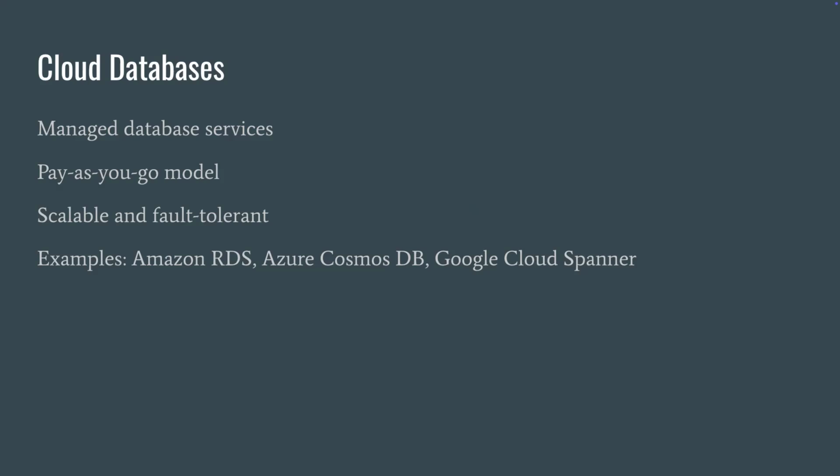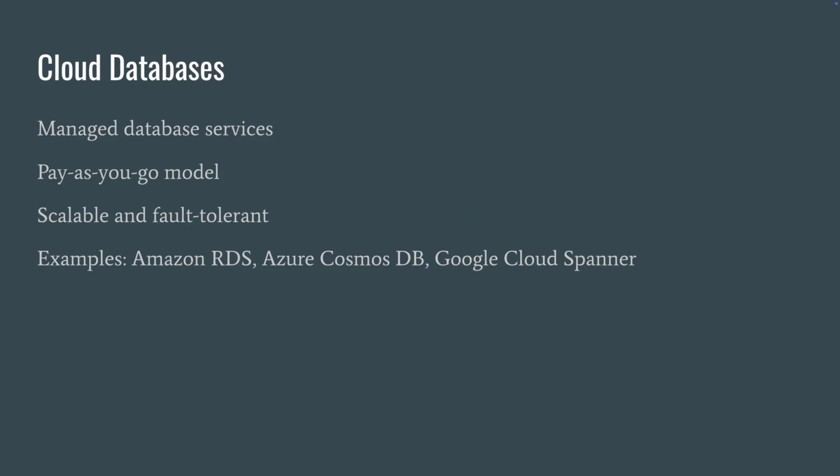In order to do that, you have to buy hardware. If we go into pricing, pricing typically follows a pay-as-you-go model, which means you only pay for what you use. And some prominent examples include